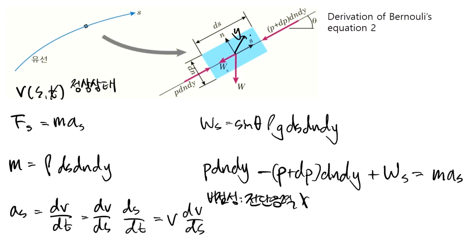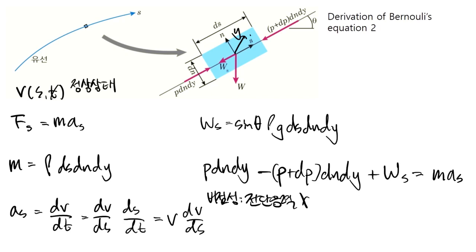The velocity of a fluid is subject to position and time as variables, but since Bernoulli's equation assumes steady state, it is independent of time, so v is subject only to s. We'll first find the net force. Mass is the product of density and volume, and acceleration is expressed using ds because v is a function of s. This net force is equal to the sum of the pressure and weight applied to the fluid,